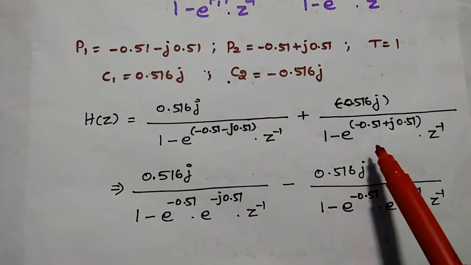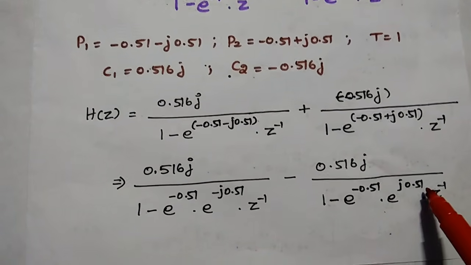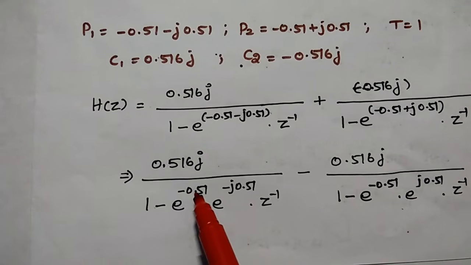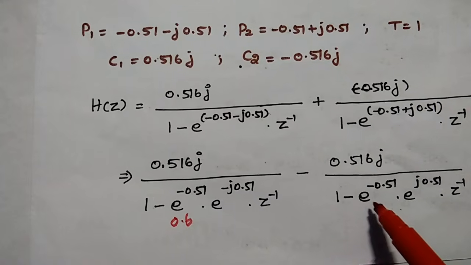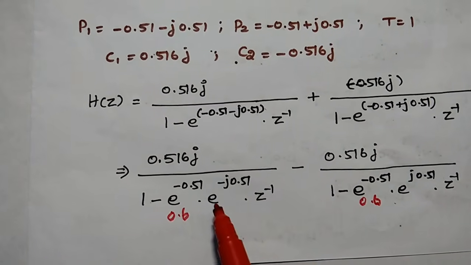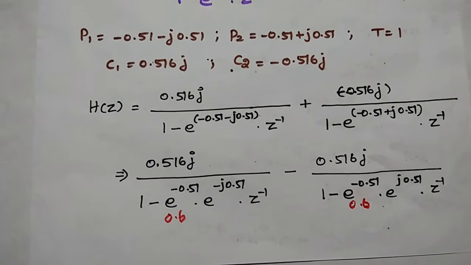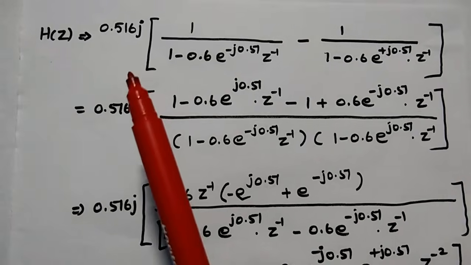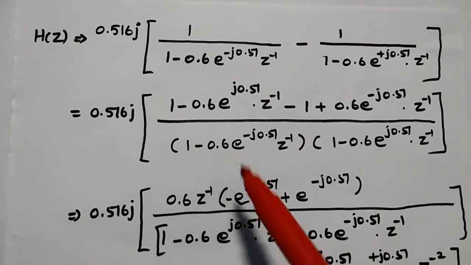Here it is e power minus 0.51 into e power plus j 0.51. So here the real term e power minus 0.51, its value is 0.6. Similarly here also its value is 0.6. So we have to keep this e power j value as such and simplify the expression. In the next step, we can take this 0.516j outside since it is common in the numerator, and we